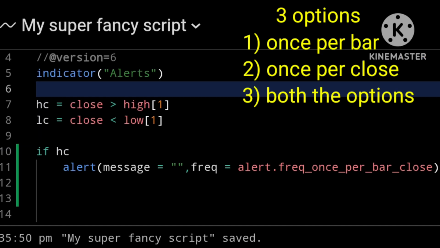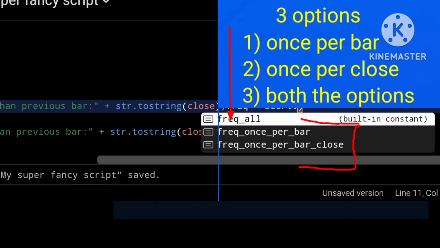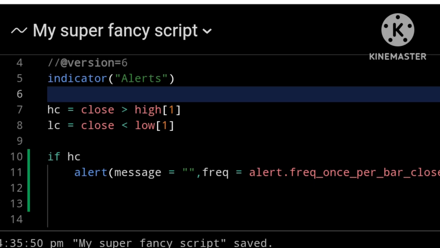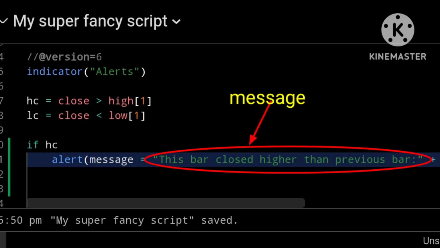So we have three options here, once per bar, once per bar close, and all of these options basically. So if we set this to once per bar close, this alert will only fire if the current bar closes as a higher close bar, and the message can be anything.